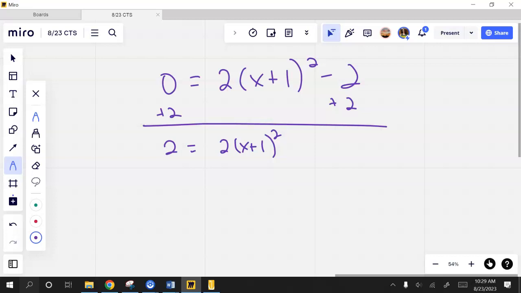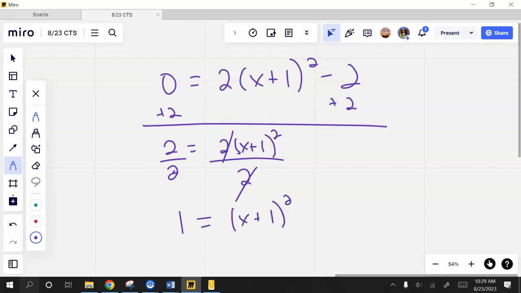Now, several of you on the quiz, when you got to this point, there was one question that had a 4 in front, and you square rooted both sides, and then you took the square root of 4. That's okay, too. This 2 is not a perfect square, so I'm going to go ahead and just do this. You need to divide by that number that's in front there. All right, so 2 divided by 2 is,